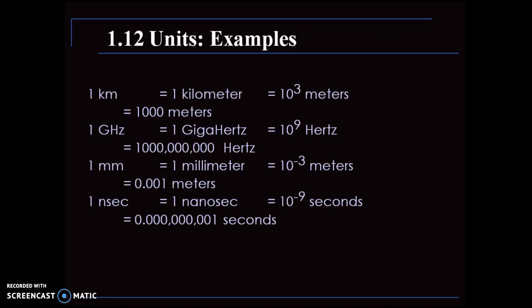And these are the conversion factors from one to another. 1 kilometer is 1 km. This k stands for 1,000, right? Which is 10 to the power of 3. So that is 10 to the power of 3 meters. This m stands for meters. Gigahertz is 10 to the power of 9 hertz. This is milli